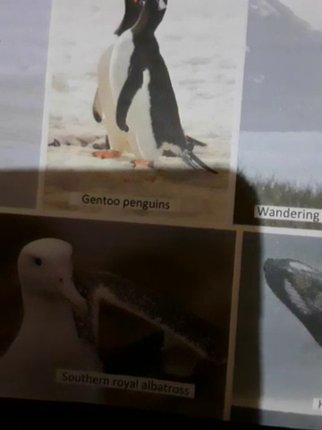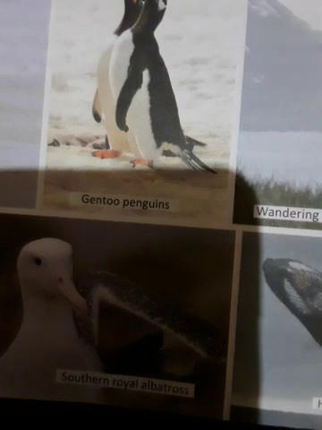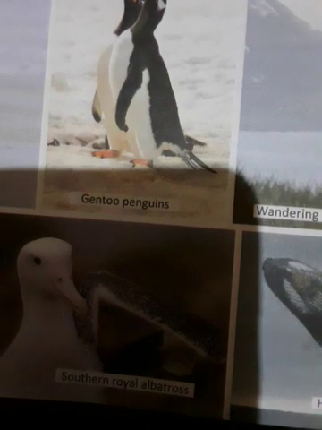Now presently, what is happening? The size of Antarctica is shrinking. Why? Because of the melting ice sheets. This is caused by global warming, as there is a substantial rise in the level of carbon dioxide due to the burning of fossil fuels such as coal and petroleum. Now what has it caused? It is caused by global warming, where there is a substantial rise in the level of carbon dioxide due to the burning of fossil fuels, that is coal and petroleum.